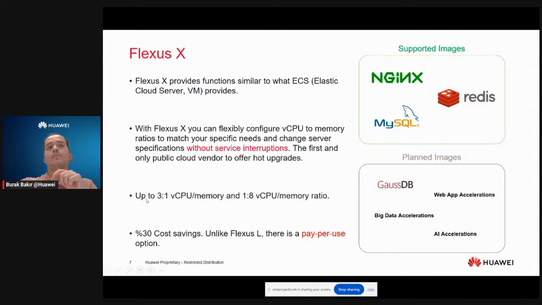For the third option, it's up to a 3 to 1 vCPU and memory ratio, and also 1 to 8 vCPU and memory ratio. So it really gives you a flexible arrangement of the CPU and memory ratio. And they are also cheaper than the ECS, even though they are almost like the ECS. They are 30%